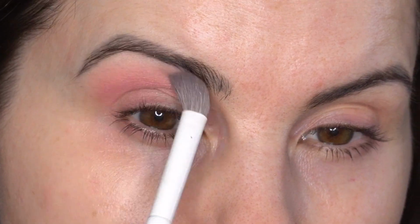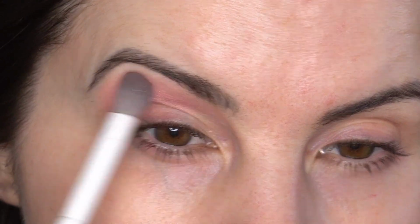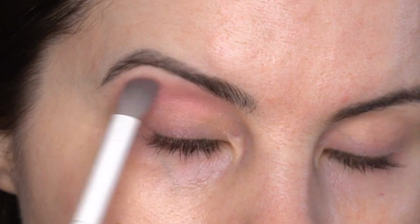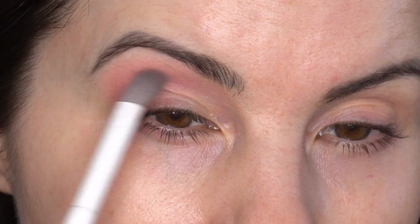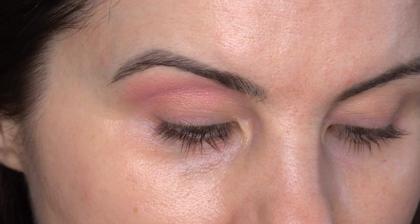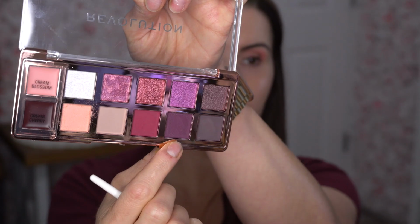It's showing up decent. So I'm taking this up pretty high because what I'm thinking is this can kind of peek above one of the other shades that I'm going to use in the crease, either that purple or like magenta kind of color. I think next what I'm going to do is I'm going to take the darker purple